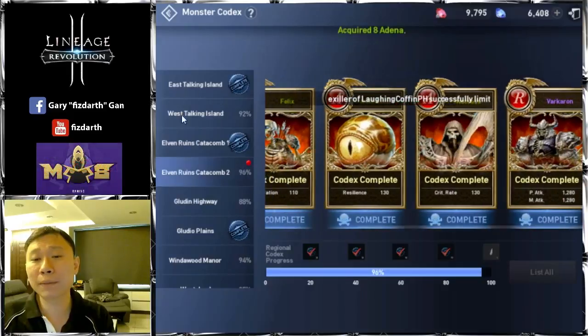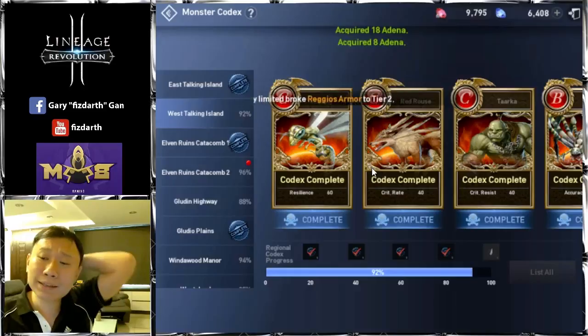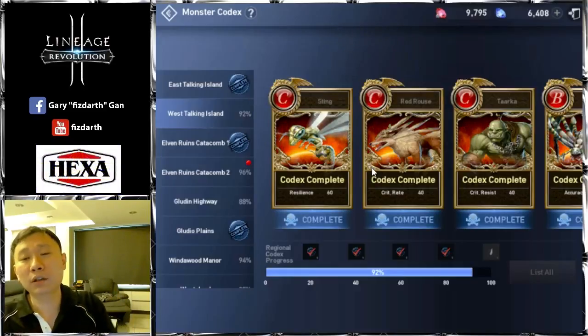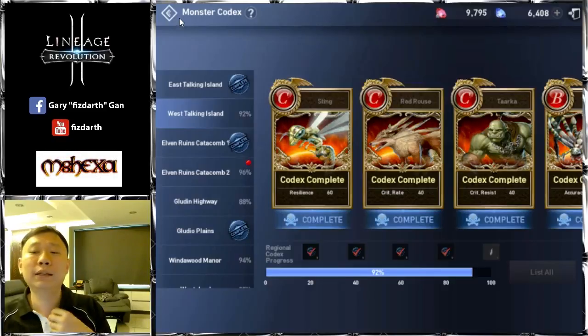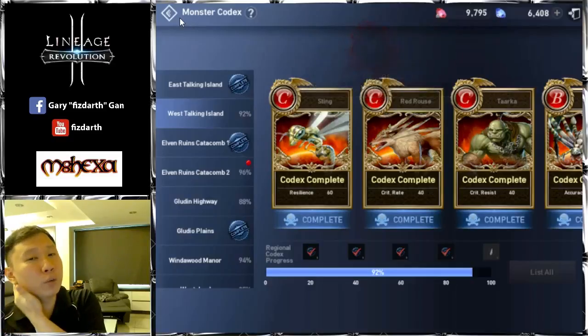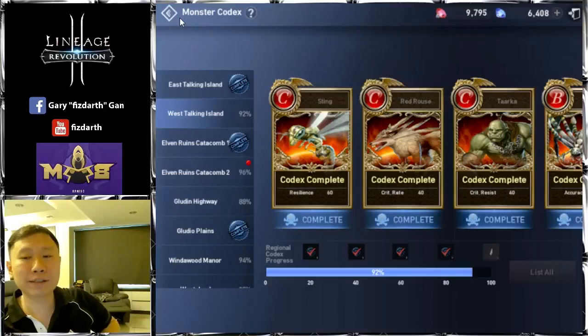Otherwise, eventually you need to go back to all these maps and try to complete it, which is not very time efficient. So I will advise you that every time you hit a mob, you try to join a group, it's best for you to join a group, because then you get the core much easier. So how this monster core works is, for example,